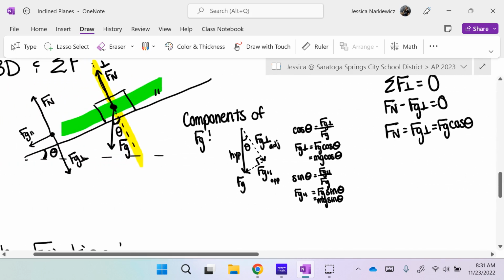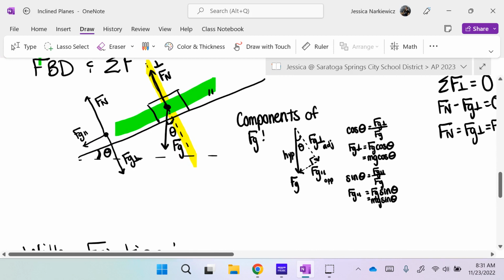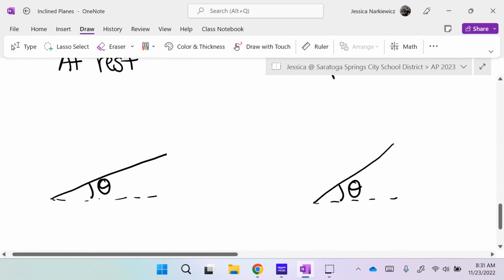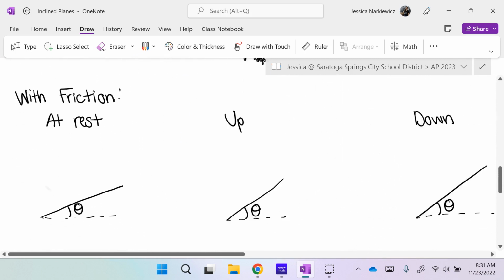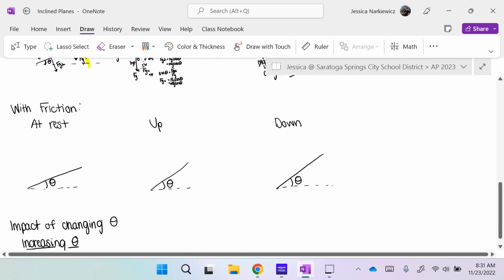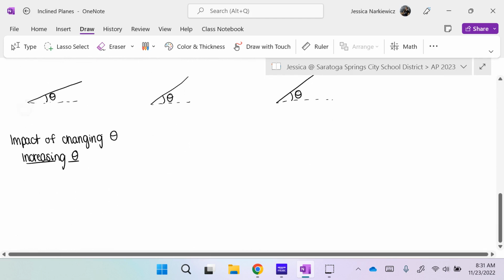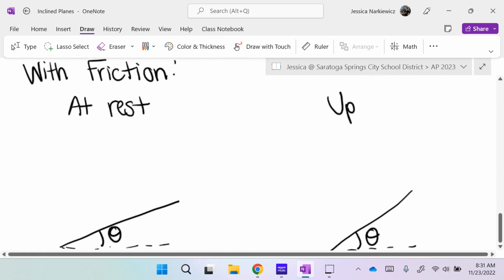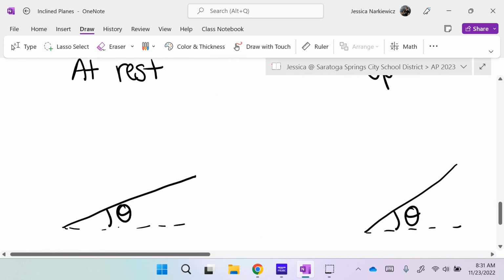So that's an incline without any friction, just a force of gravity and a normal force. So now let's get into what if we are at rest, right? This is with friction. So we're going to do at rest, up and down, and then we're going to do some impacts of changing the angle, and then that'll be the end of this video. So with friction, if we are at rest,